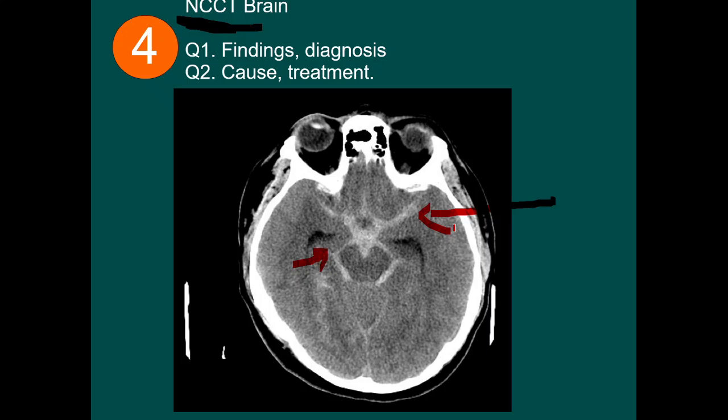Probably you will be given the film, the entire film. Probably you have to say. They might ask questions related to bleed, infarct. Probably they might ask you the choroid plexus calcification, the famous landmark one. I hope you will be able to identify those. So here the questions are what are the causes and what is the treatment.